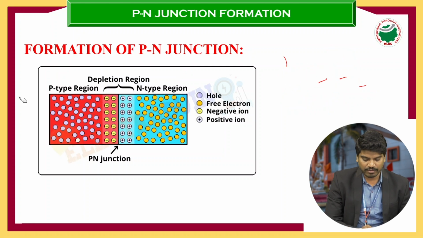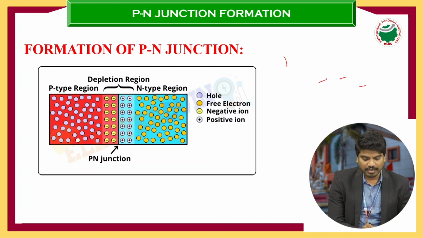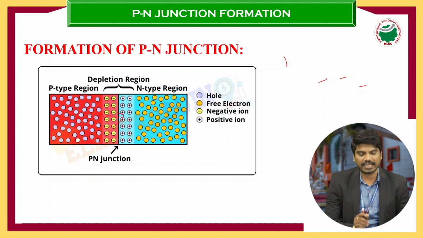Recombination of electrons and holes will take place. That region is known as the depletion region. That means they got stability. Okay, when it happens, now we can see that the further flow of holes from the P side to the N side